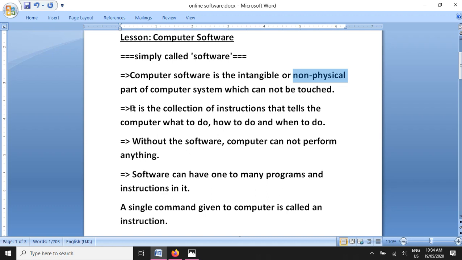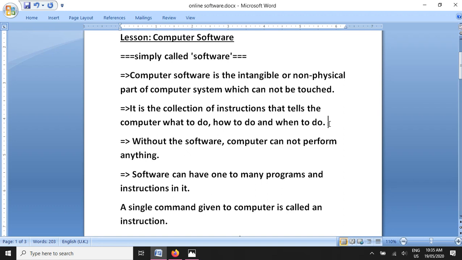And secondly, it is the collection of instructions that tells the computer what to do, how to do, and when to do. So software is the collection of instructions. Before I go on, please listen. A computer is a digital and automatic machine.